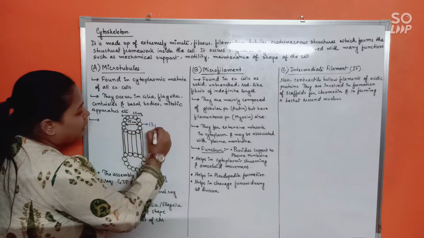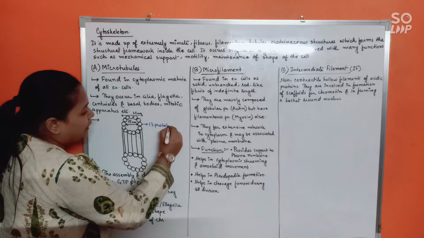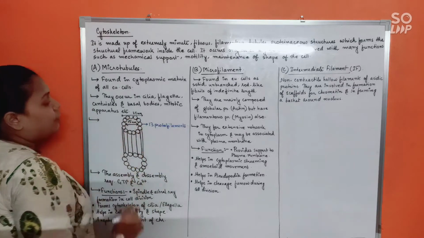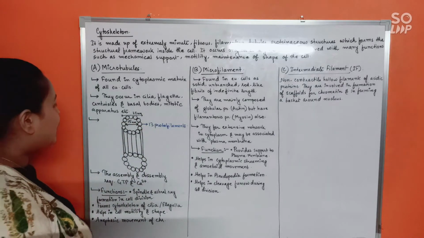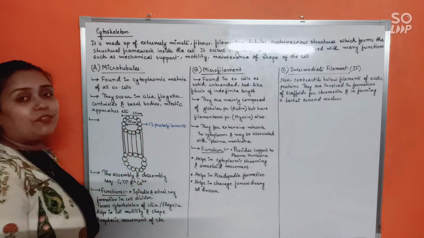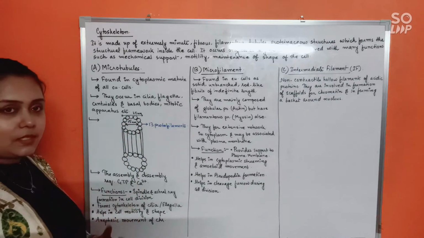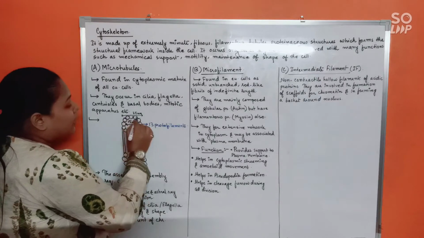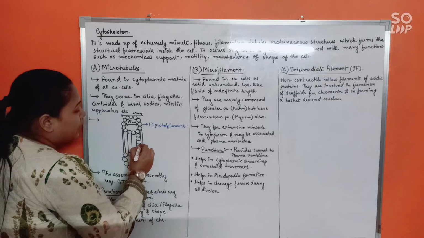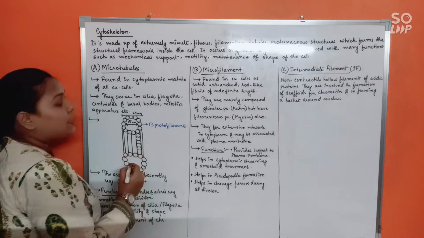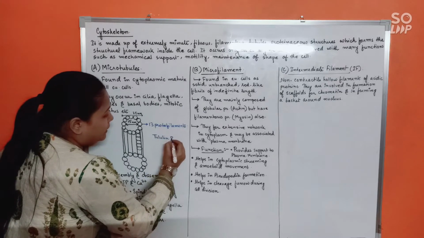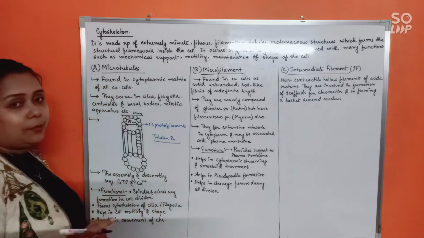These are 13 protofilaments. The entire cylindrical structure has a diameter of 25 nanometer with the hollow core which has 15 nanometer of space. Now, the 13 protofilaments on the other hand are made up of certain small subunits of tubulin proteins. It's tubulin protein that makes up the 13 protofilaments.